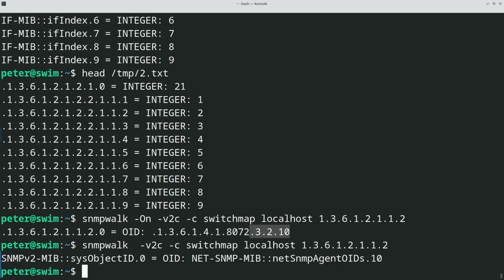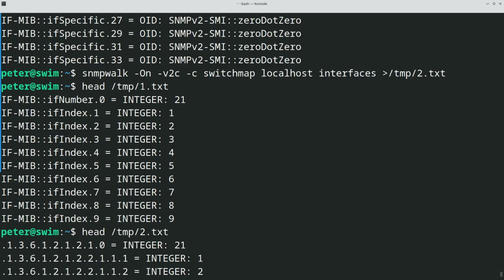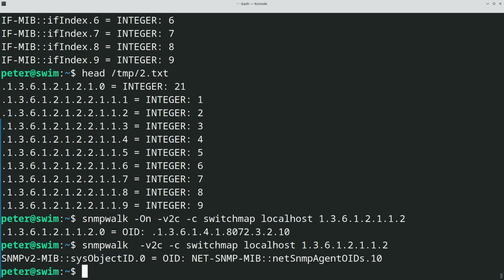And there are some other ones related to the numbering of interfaces that are slightly different. In the ifMIB, there's an interface number or index number, and you can see that here. That number typically is used in multiple locations. So for example,